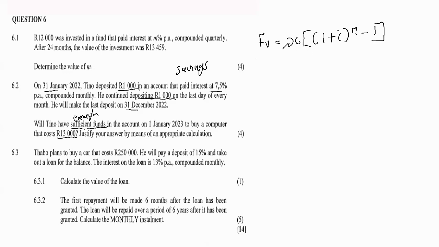Then there goes our future value. Then we have our X payments, which is 1,000, our monthly deposits, 1 plus the interest, that's 7.5%, which we need to divide by 100, 0.075 over 12, and then to the exponent of what? So from 31 January to 31 December, we said that's 12 months exactly,